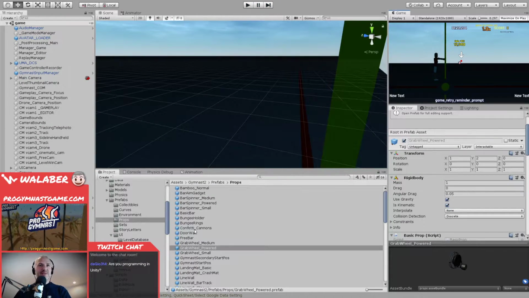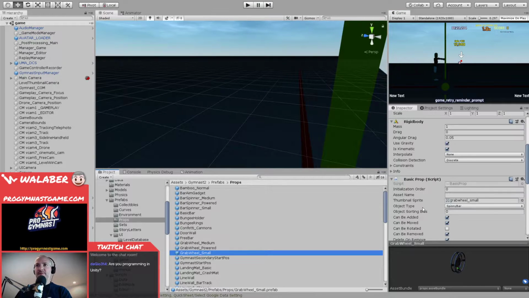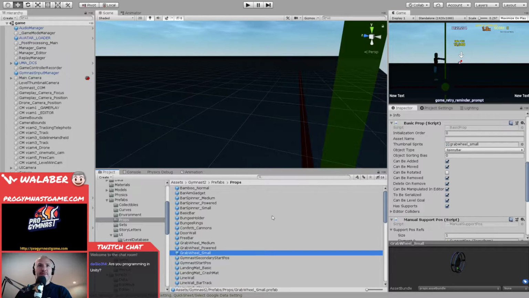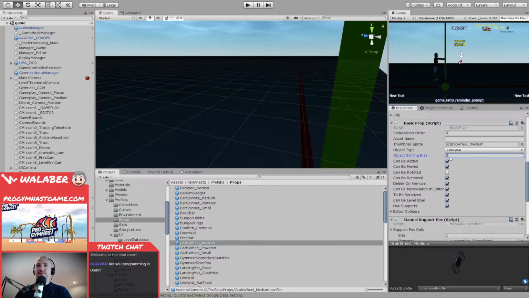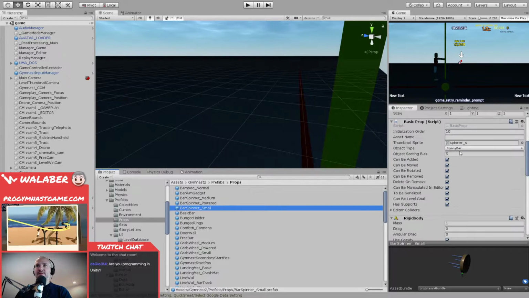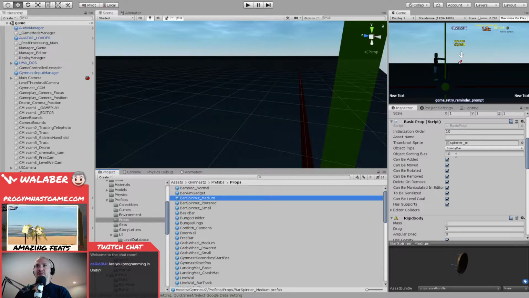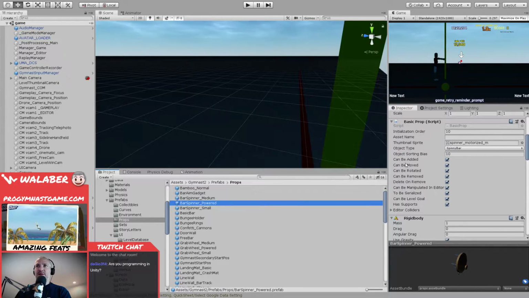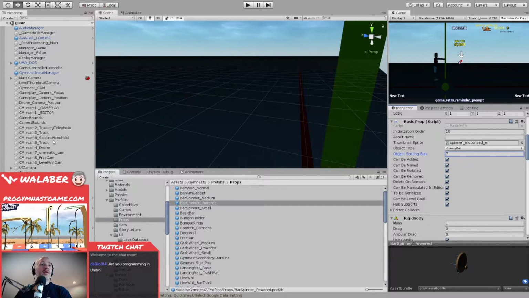Let's make it explicit. So we're going to say grab wheel small, its order is 0. Medium is 1. Powered is 2. Then bar spinner small is 5, that's fine. Then medium is 6. And powered is 7. Okay, before I forget, let's build those bundles again. Alright, so what we're going to do now